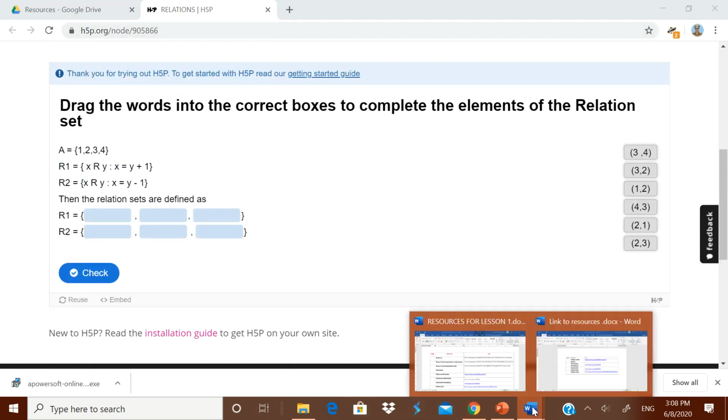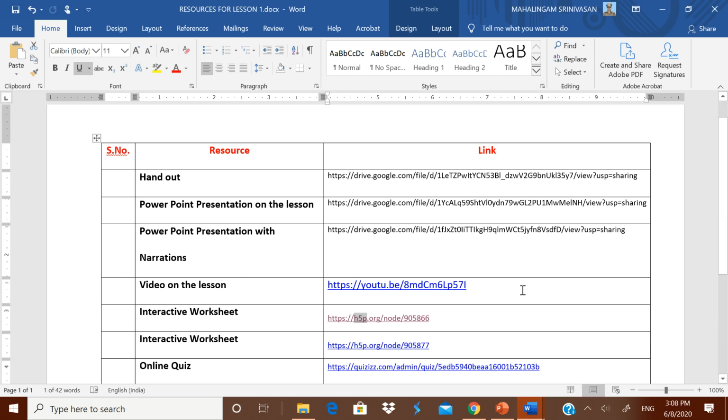Okay, well, this is the way to submit the resources through links. Some links are given when they are online, the URL links are given. If it is the other type of files, whether it is a PDF file or PowerPoint presentation file, put it in a Google Drive, your own Google Drive associated with your Gmail account, and then give the link to it.